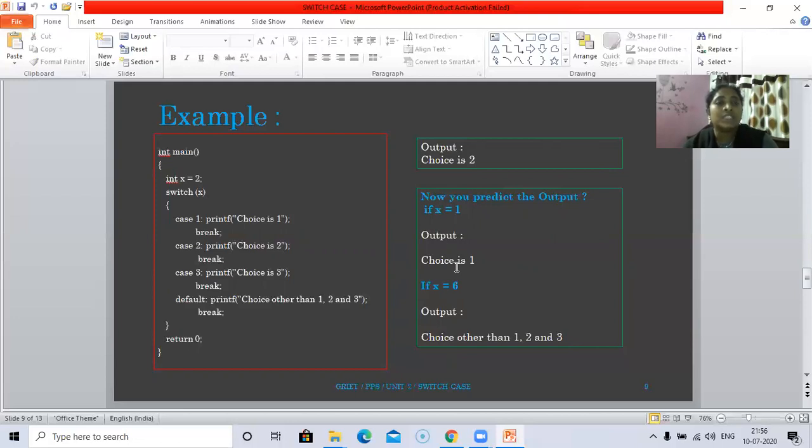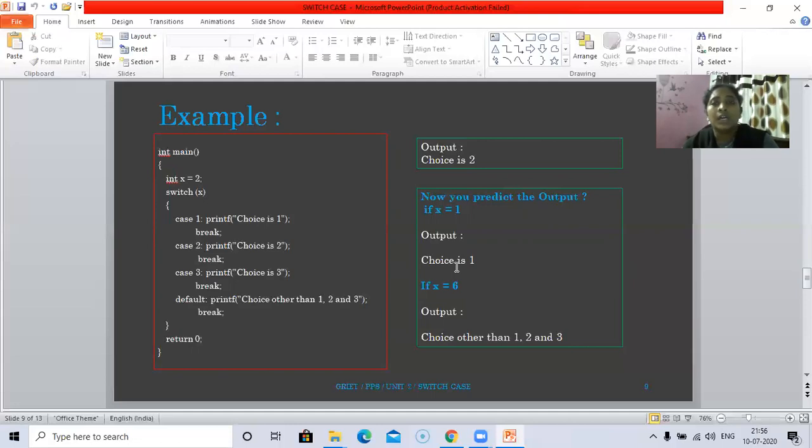If x is something like 5, then there is no case for 5. So it directly goes and executes the default statement. The default statement here is: choice other than 1, 2, and 3. So you should give the choice only between 1, 2, and 3 as per our example.